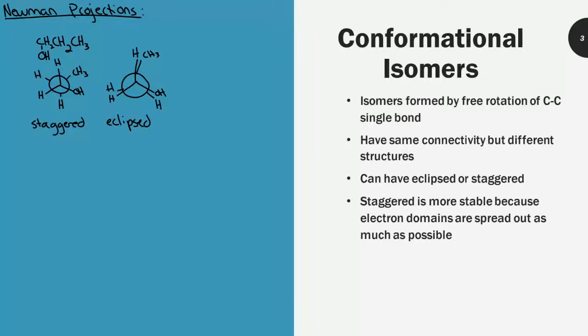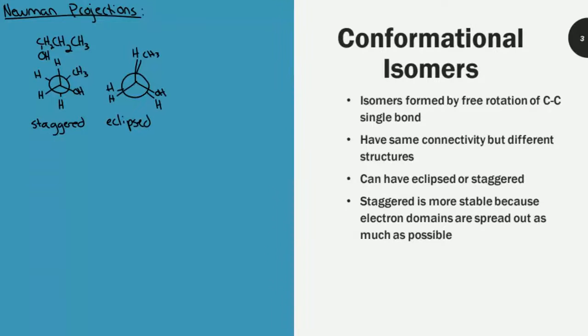So we started with conformational isomers. These are isomers that are formed by rotation around a C-C single bond. Because this has free rotation, it can just move however it pleases. So we have the same connectivity, but just different structures. And the two that we pay attention to are eclipsed and staggered conformation. And the staggered conformation is going to be more stable because you have all your groups spread out to the